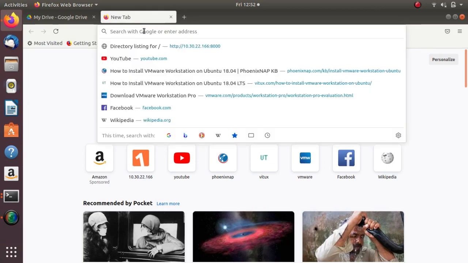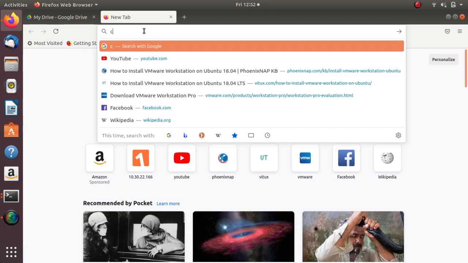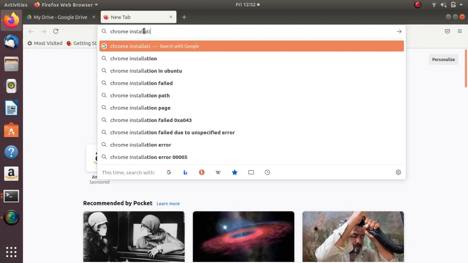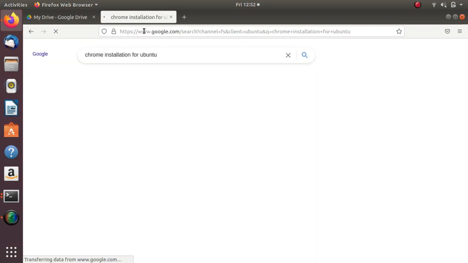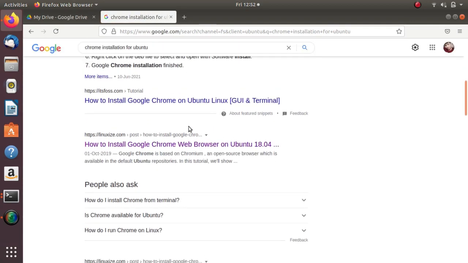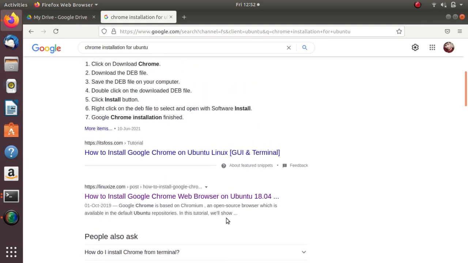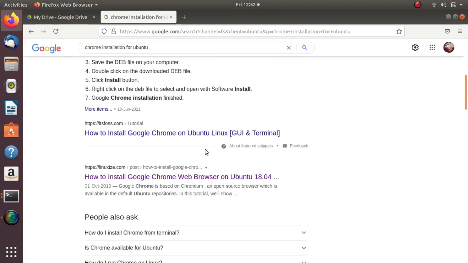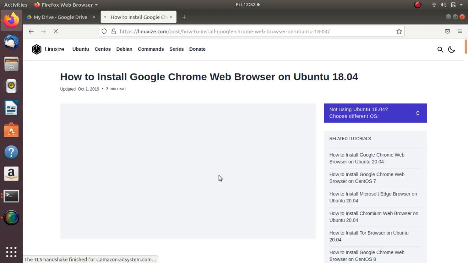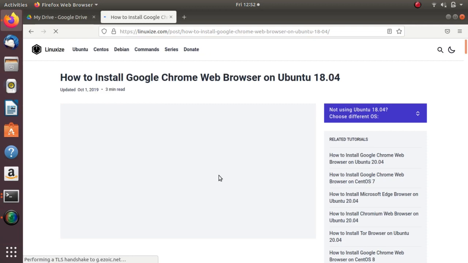and type Chrome download for Ubuntu. Click on how to install Google Chrome web browser.